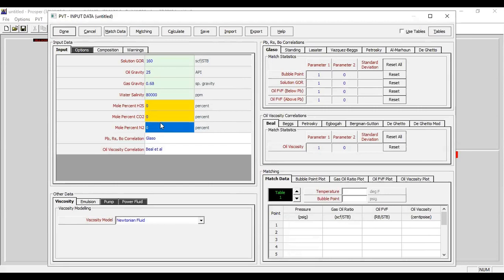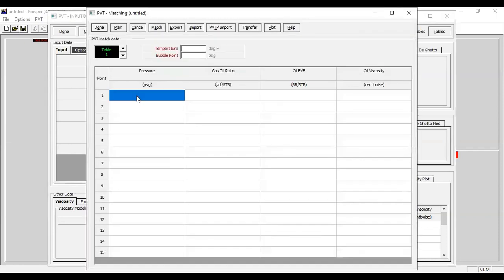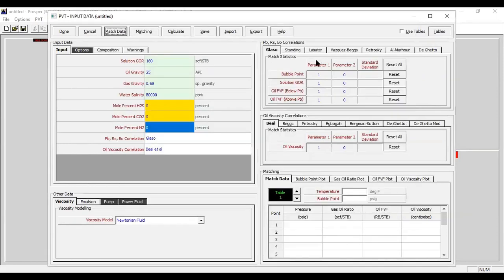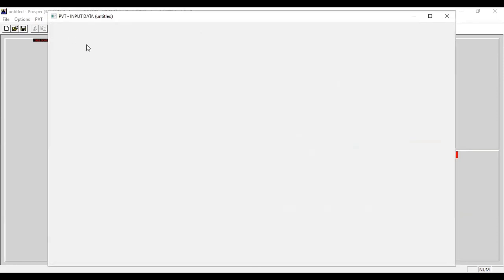No impurities. I will use the Glaso equation for the bubble point pressure, solution gas ratio, and the oil formation volume factor. And I will also use the Beal et al. equation to obtain the oil viscosity. So, okay, I click done. If you have laboratory data, you can provide it in this table and do matching. But let's keep it for now. Done.